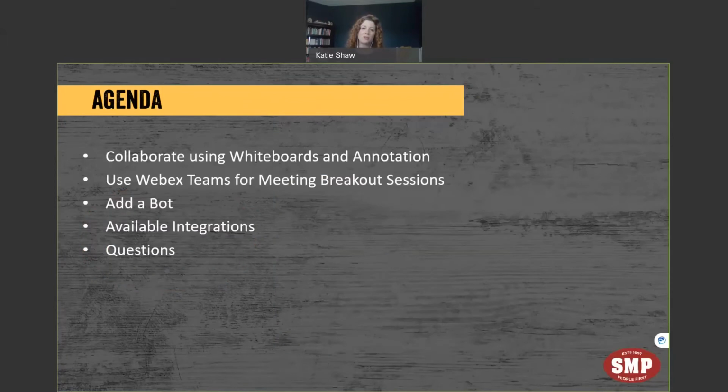This is the agenda for our session today. We have 20 minutes, and we are going to touch on all of this information during our session. We're going to look at how to collaborate using our annotation and whiteboard tools inside of a Webex Teams meeting. We're going to talk about how to use Webex Teams for breakout sessions, which is something